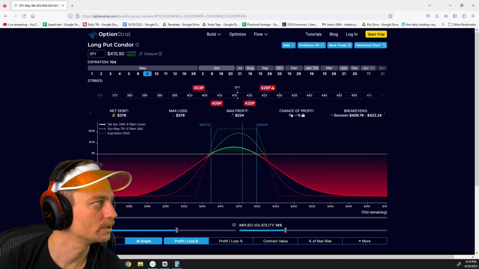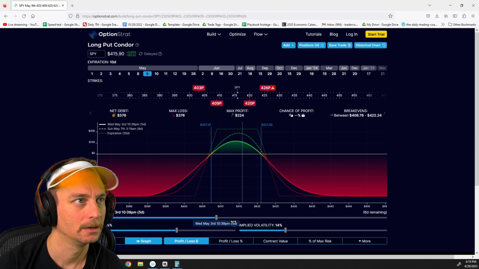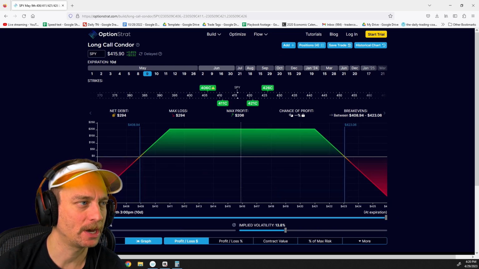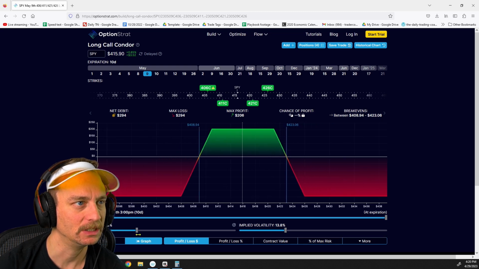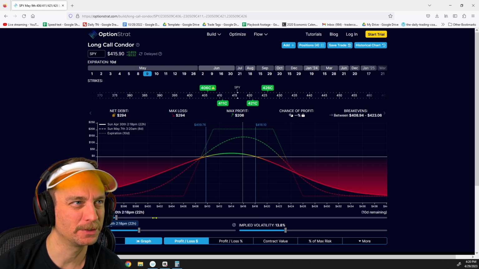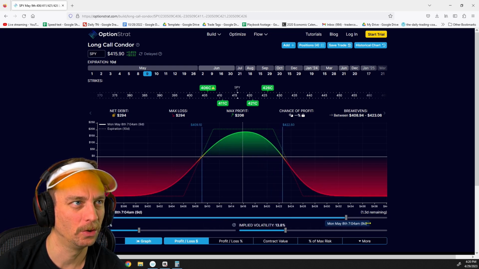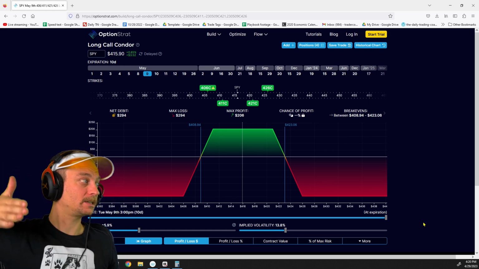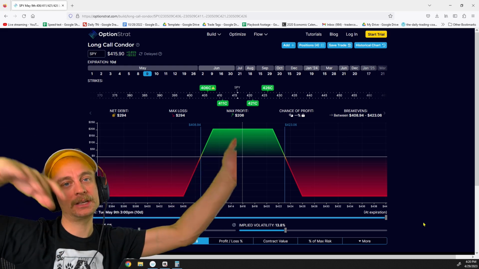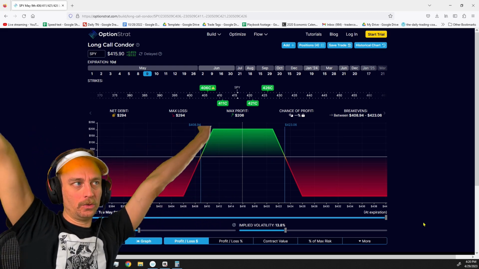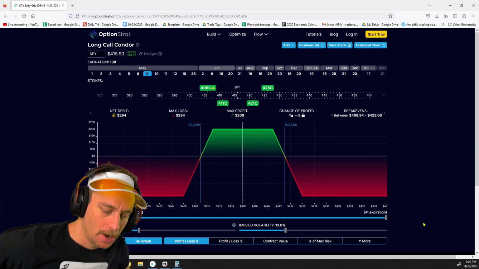There you go. So this is what it looks like the day you get it. And then boom. Or you can do the same strategy with calls. Again, it's the way you construct these. It's the way the bids and offers are on the actual option chain that make it look like this on expiration, because what's happening is you're hedging a bunch of stuff out. So that's how options work.